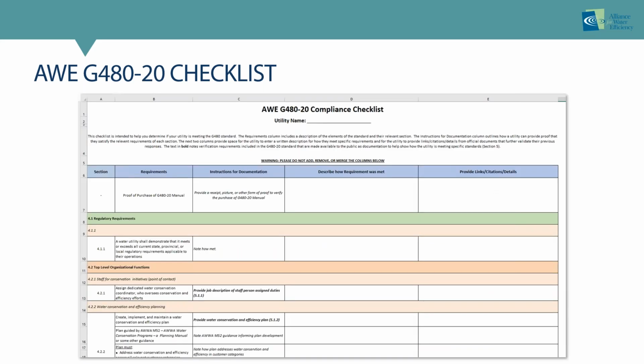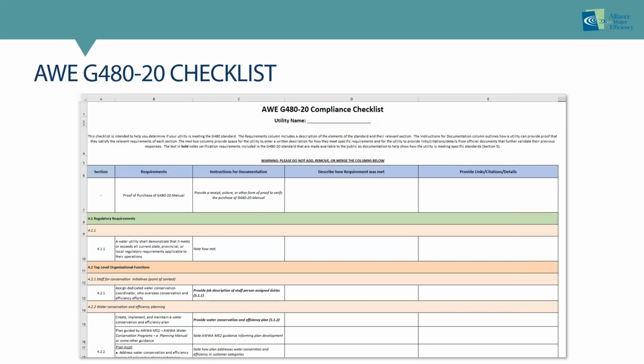So here's the new checklist. We updated it to be more user-friendly by cleaning up the Excel boxes and clarifying the language on the instructions, which are under the requirements and instructions for documentation area. As you go down, we tried to parse the language so that we're really clear in what we're looking for.